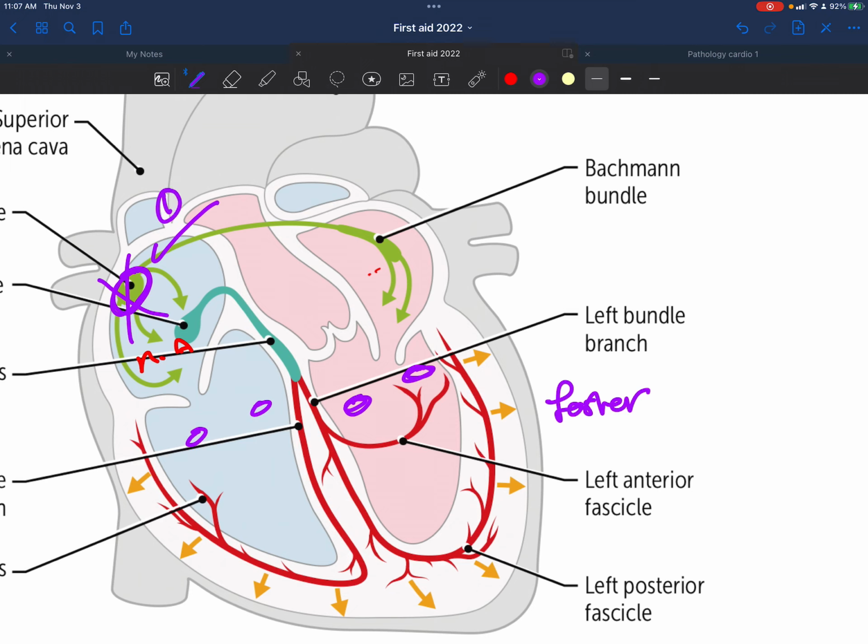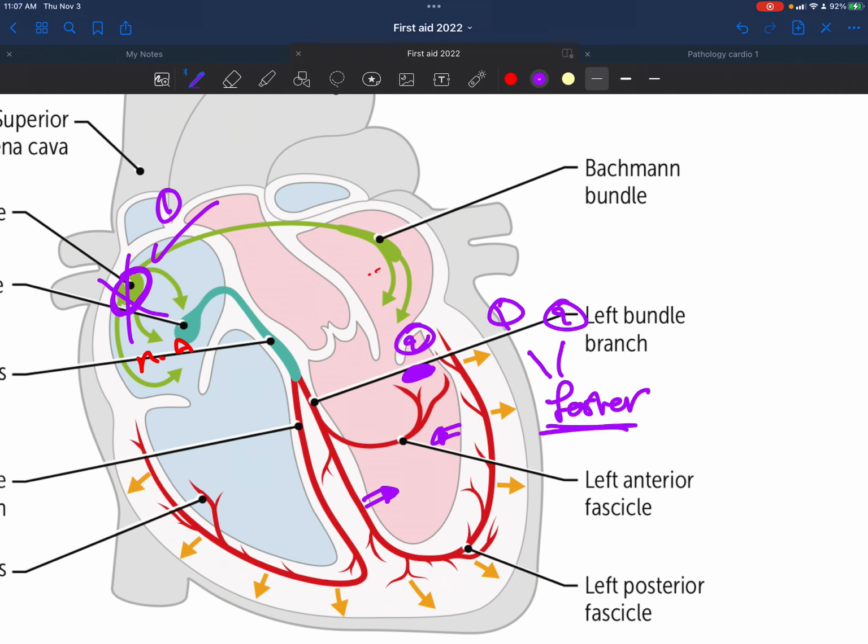That's one, and then let's say we have an ectopic focus here, then it's getting another conduction or another order from this ectopic focus over here. So it beats due to two sources, due to one and due to two. That's why it beats faster,